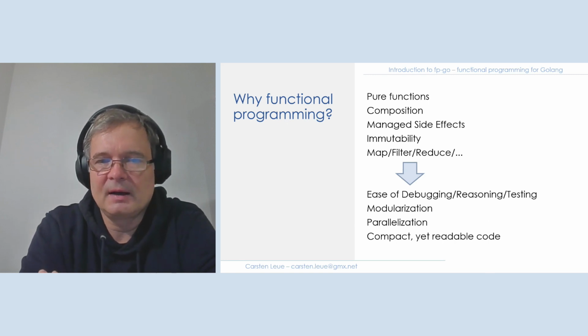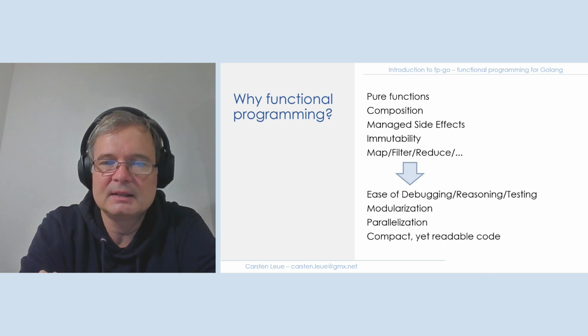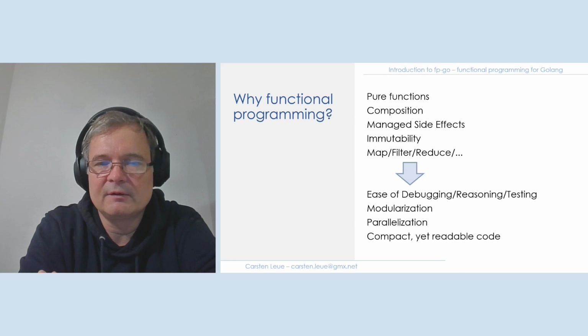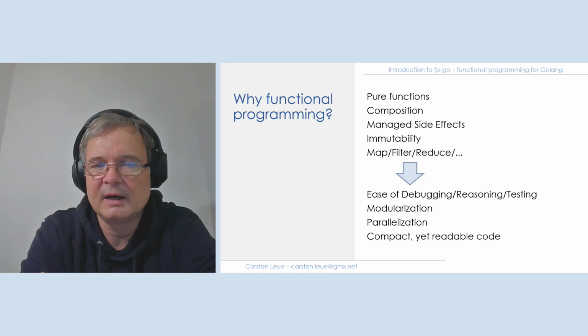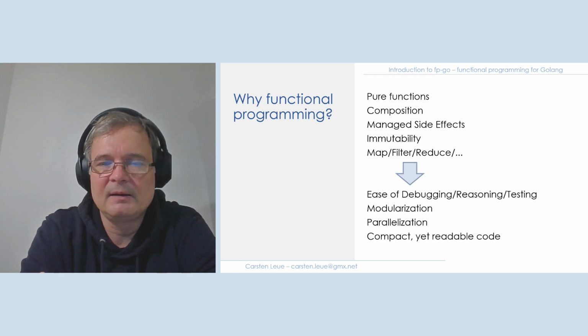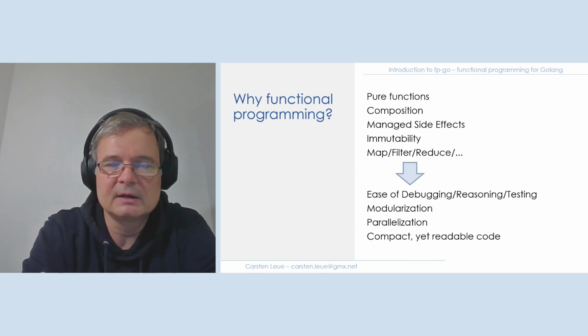And last, I have it here as map filter reduce. I could extend the list. The idea is that there exist quite a number of concepts, of abstractions, such as the map filter reduce pattern. I could add here chain, applicatives, whatever, that are common across different types of data structures, such as arrays, records, eithers, whatsoever.